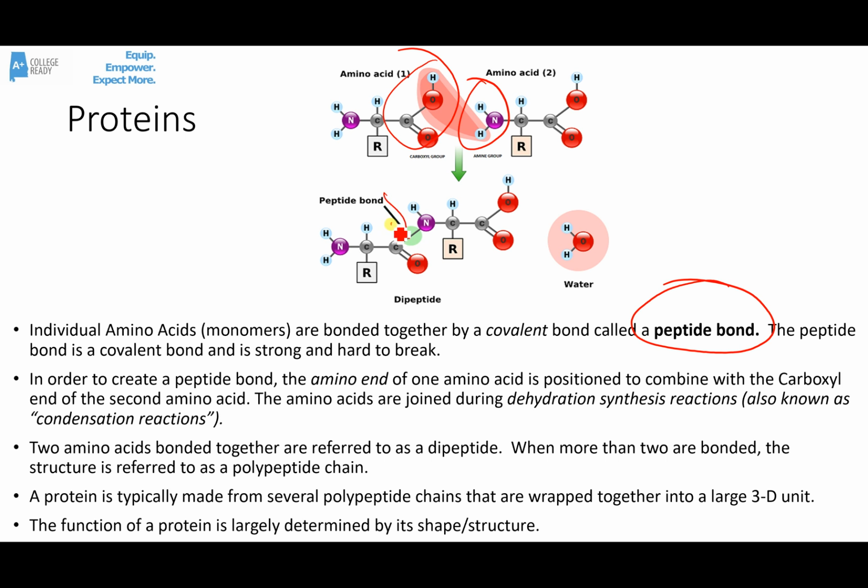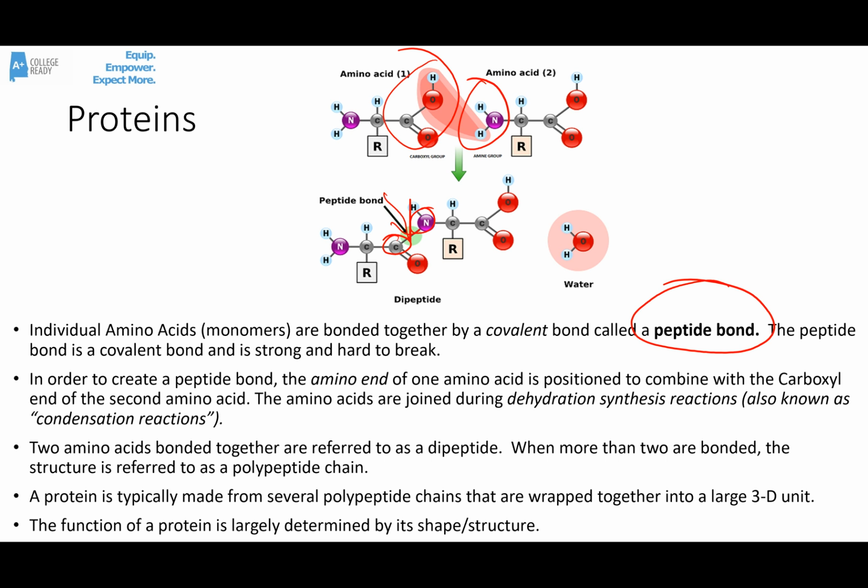We see that here in green. And again, that's a covalent bond. It's formed by sharing electrons between the carbon from the carboxyl group and the nitrogen from the amino group. When two or more of these amino acids are joined together this way, we can call the structure that results a polypeptide chain. A protein is usually made of several polypeptide chains that are all wrapped together into a large